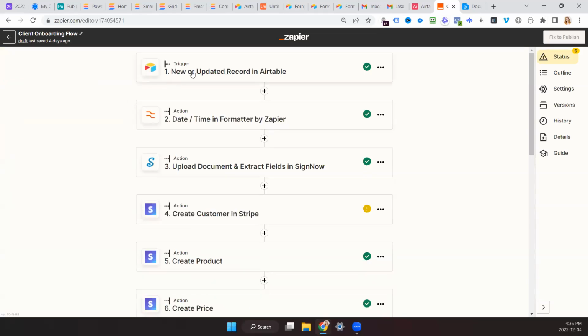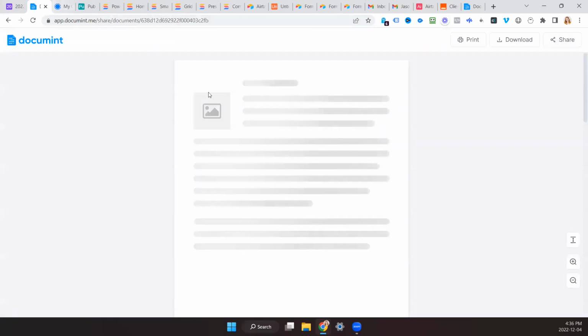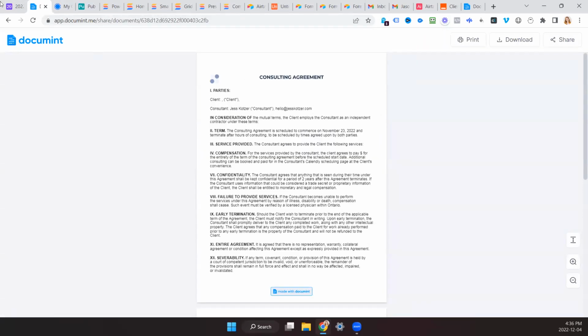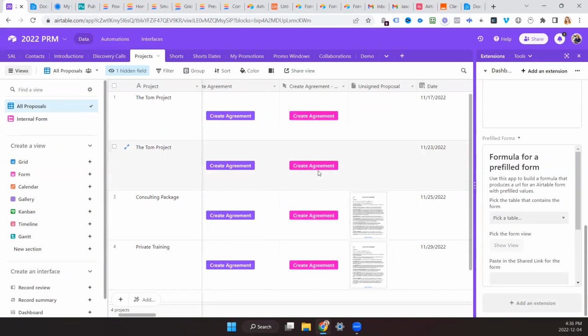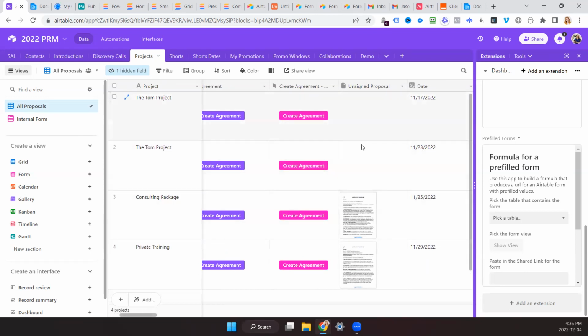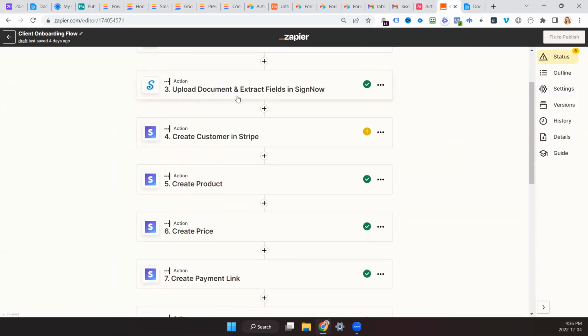I'm saying if my document has been created, if I've clicked this button and this document has appeared in this field, then I've created an automation to fill in the blanks here. Oh, but I turned off my Zap, which is why it's not showing up here. So when something exists here, then I'm going to upload the document to sign now.